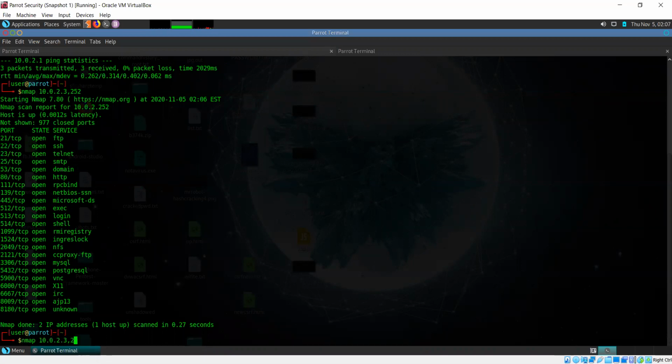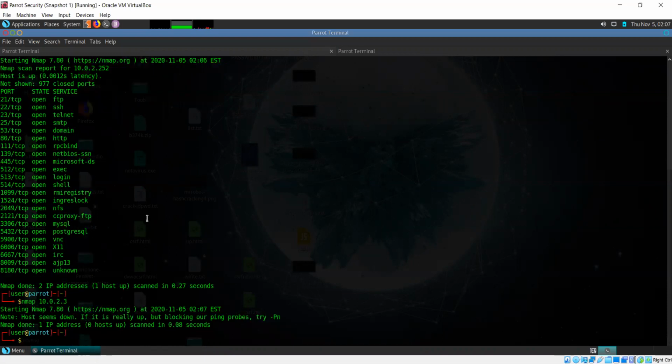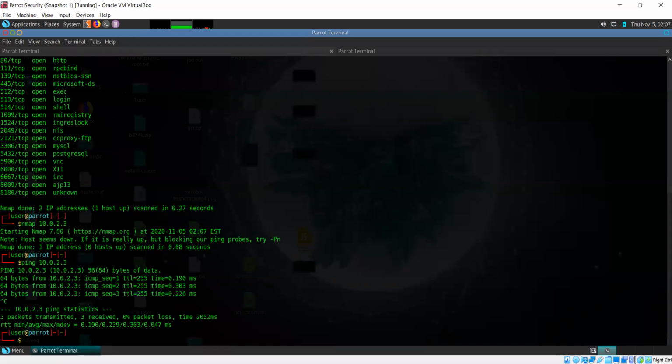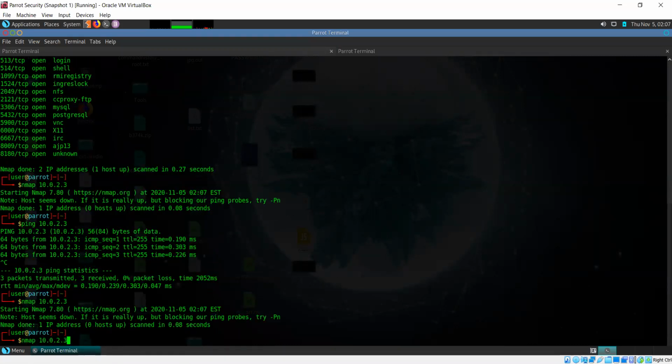Okay. So when we tried to ping that 10.0.2.3, it is saying that it's getting a response. Nmap is unable to get any response in this case.